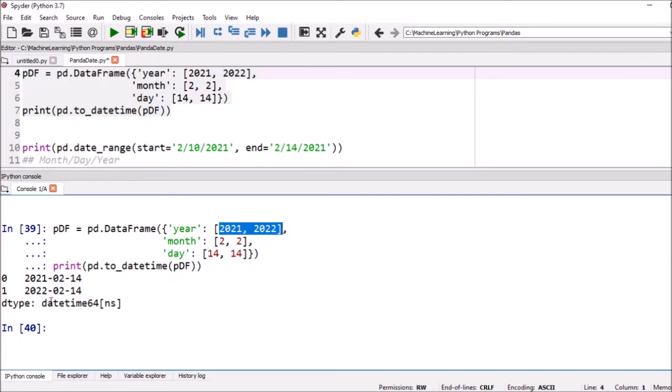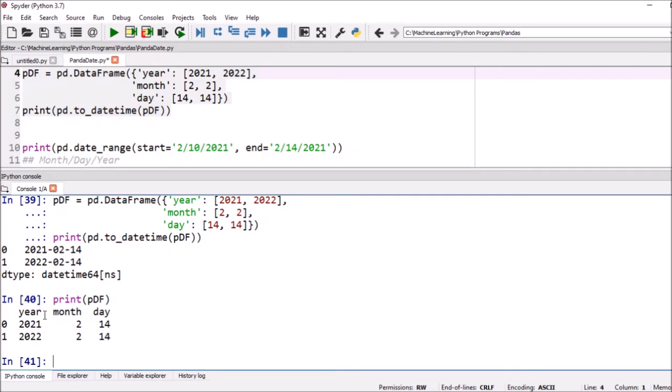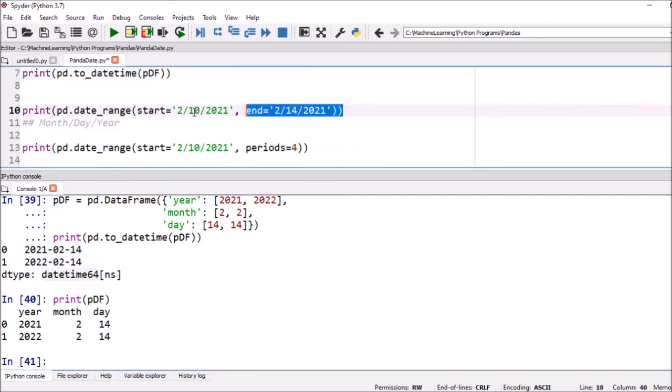So what is the type? It is a datetime type, because here we convert this into datetime. Are you getting this one? Now if you simply print the df, we can check. So it will return like this way: year, month, date. Now if you convert this using pd.to_datetime, that means you convert this into datetime. Now the data type is what? Datetime type. Now we can see the range.